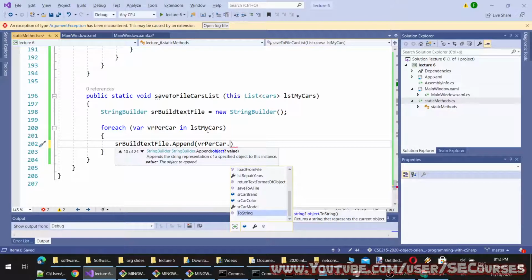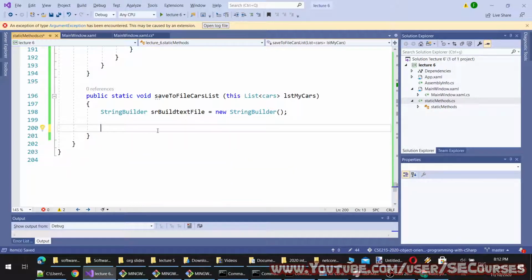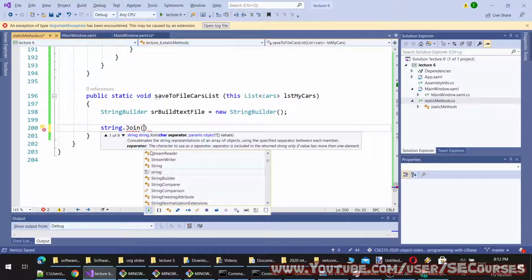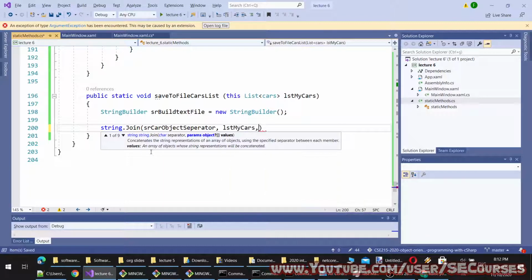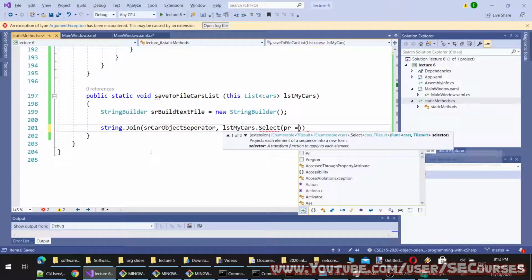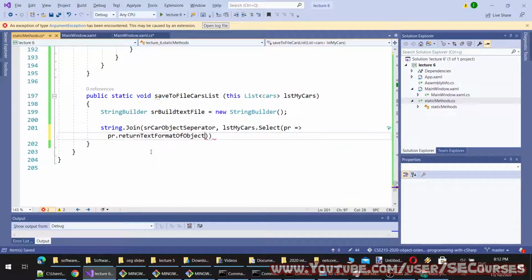How can we do that? I will use LINQ this time. String.Join should work. The separator will be car object separator, and the parameters will be list my cars, select pr, and pr dot return text format.